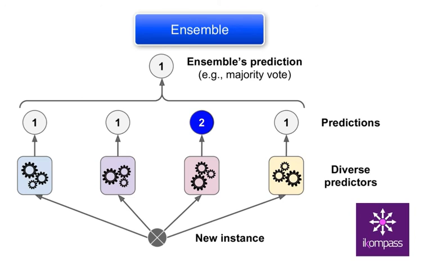A very simple way to create an even better classifier is to aggregate the predictions of each classifier and predict the class that gets the most votes. This majority vote classifier is called hard voting. So this is part of the